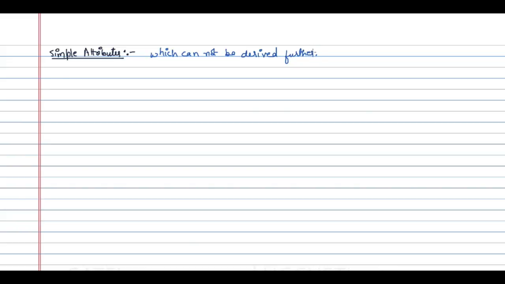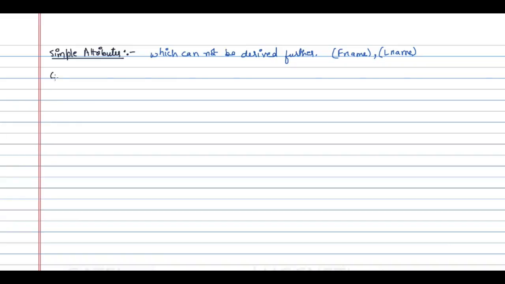For example, for a person, we have the first name. This first name is a simple attribute. If I take the last name, this last name is also a simple attribute. But if I take something called name, the name can be divided into first name and last name, therefore name is not a simple attribute.